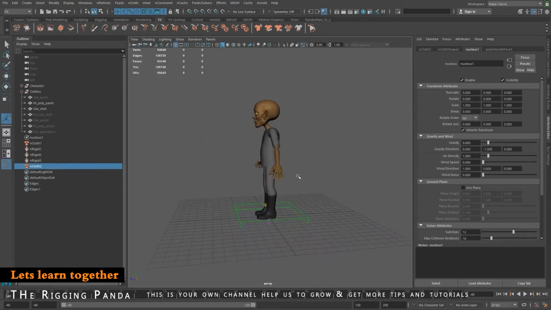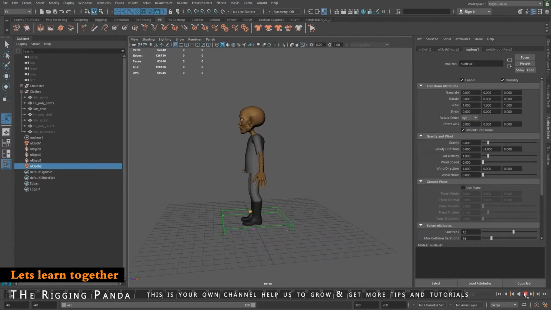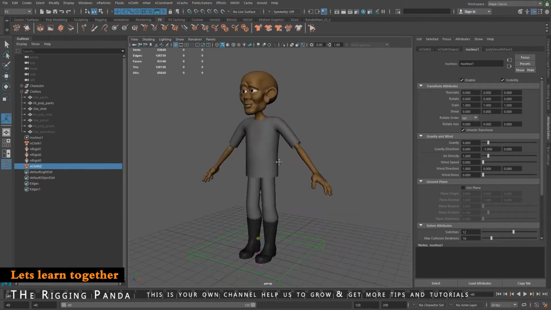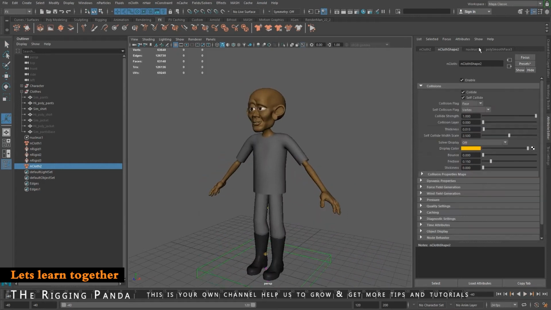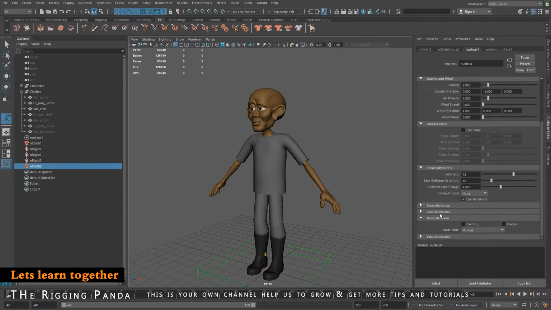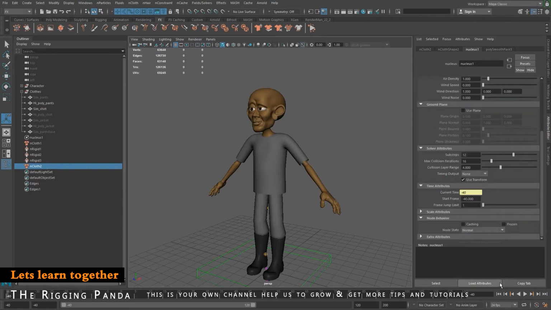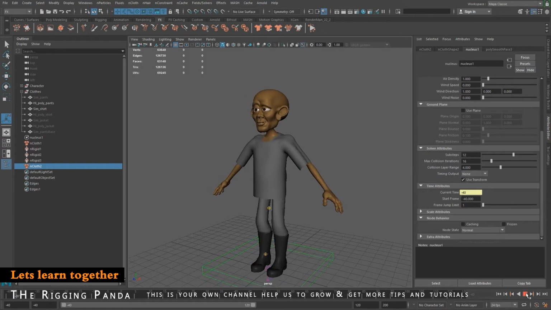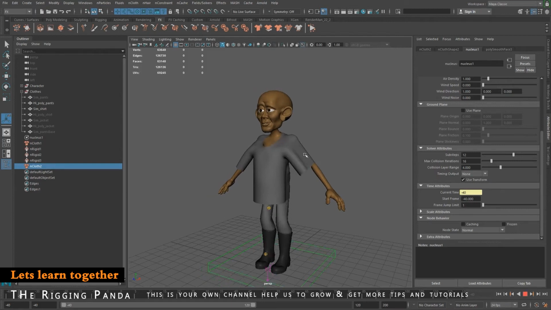So let's just do a quick test to make sure that the cloth is moving, and if you see that it's not, we've got to figure out why that is. So let's see here, that's enabled, this is enabled, and again just making sure that our time starts at -40. Let's try that again. Yeah, so sometimes when you play it through the first time it won't work. So we do have simulation now. You'll see that here. Let me stop it real quick, just hit